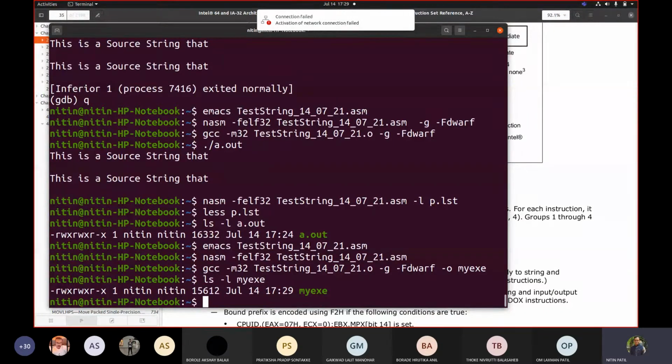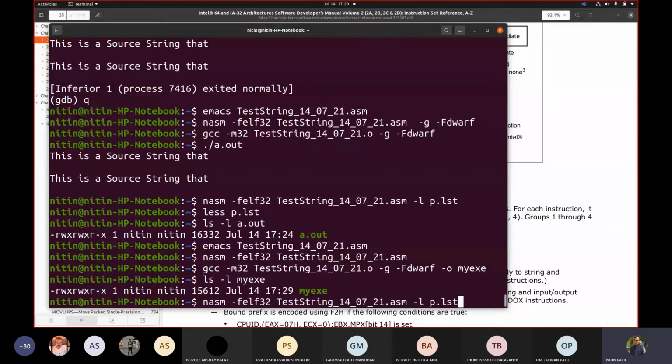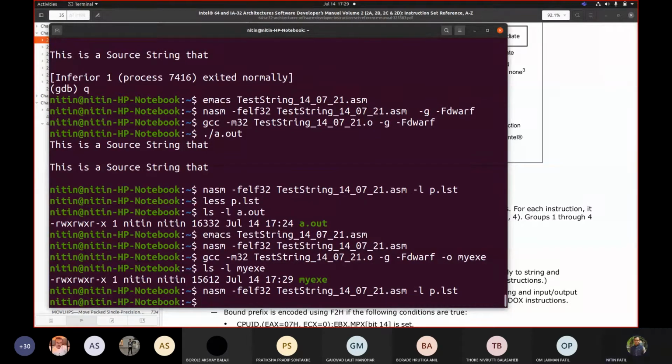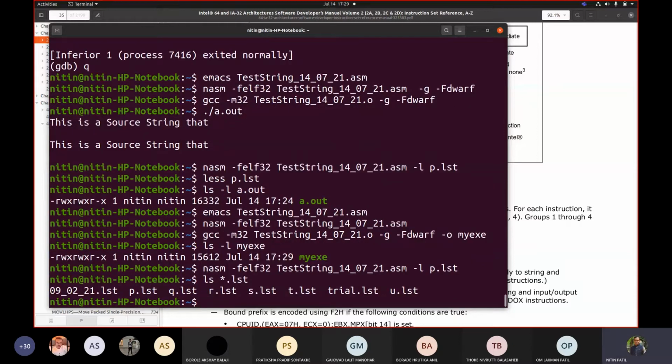How come? So if I generate that LST with nasm -l p.lst, sorry, I made a mistake. Hopefully I haven't overwritten it.